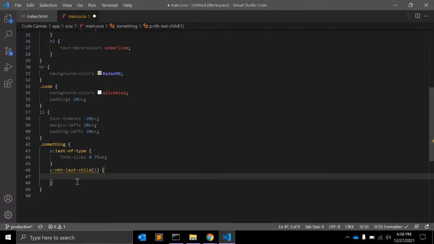So this reveals the power of the last-of-type pseudo selector. It targets a particular type of element in a particular arrangement with relation to similar siblings, not all siblings.